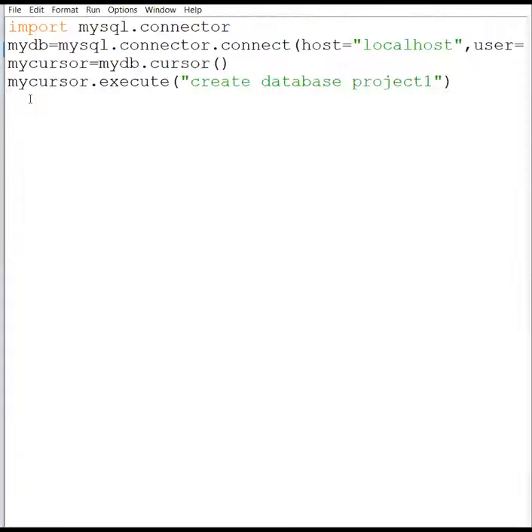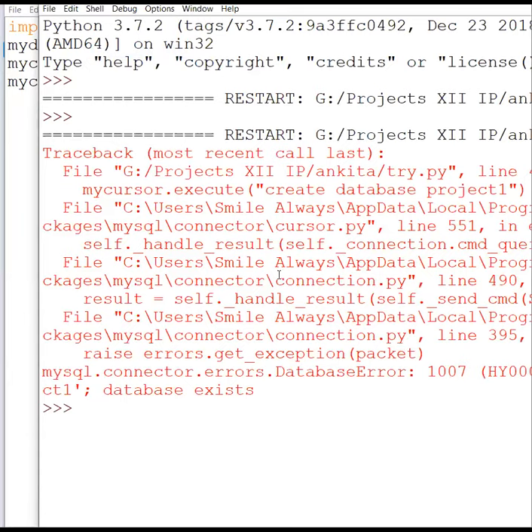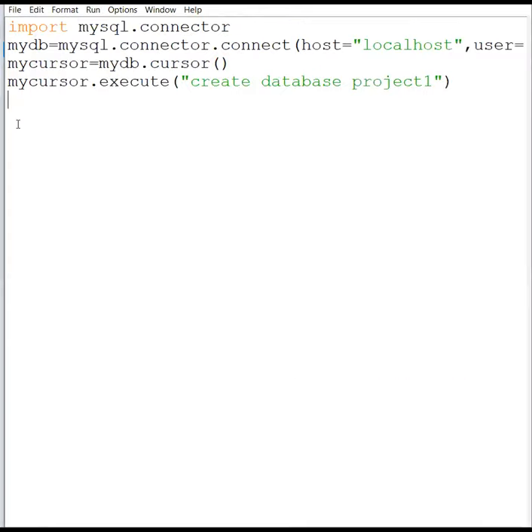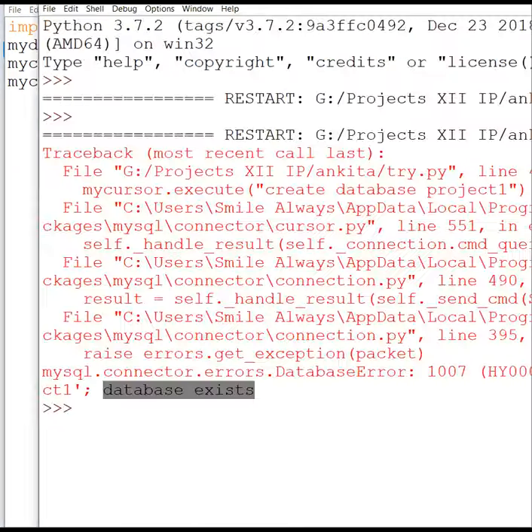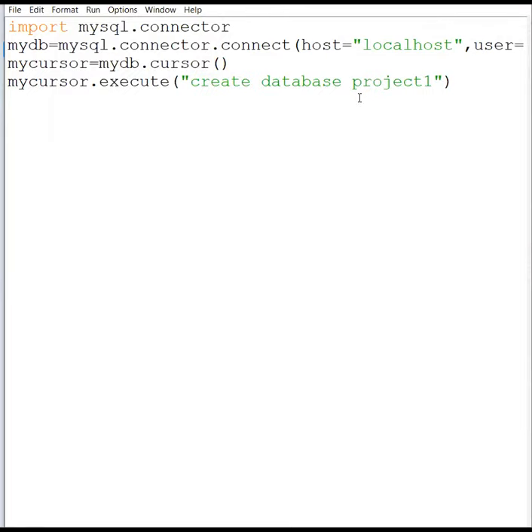So it means you have given the command from here. Now if I run this again, I'll get an error message. Now see why I'm getting the error message: because this database already exists. Because it is already created one time, I cannot create it twice or thrice. So what I need over here is to write one more instruction: that if it does not exist, then only we are going to create it. So after this, create database if not exists. See, if it does not exist, then only it is going to create.